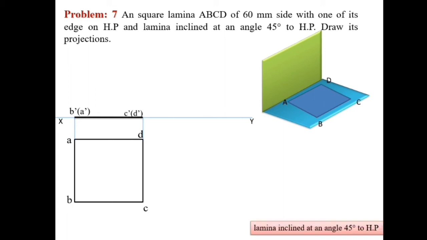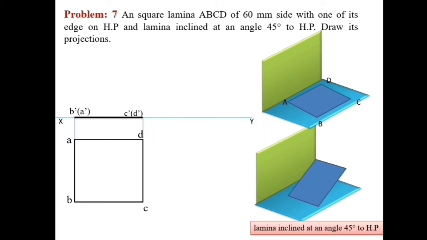And next you see the surface of the lamina is inclined 45 degrees to HP. So here the question is, the surface is inclined 45 degrees to HP. When the surface is inclined 45 degrees to HP, in the initial position you assume that the surface is parallel to HP. So that is the first initial position diagram. Next, in the second case, the lamina is inclined at 45 degrees to HP. That we are going to draw now, and you see that figure. Now the surface is inclined 45 degrees to HP. That is the final position, and this we are going to draw now. It is inclined 45 degrees to HP. So that is the theta inclination.